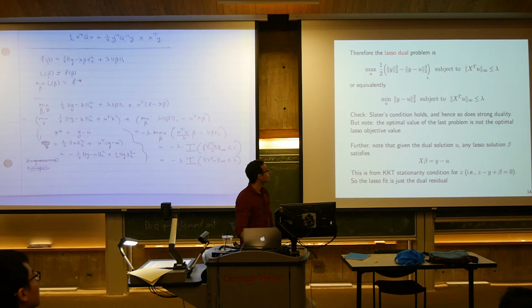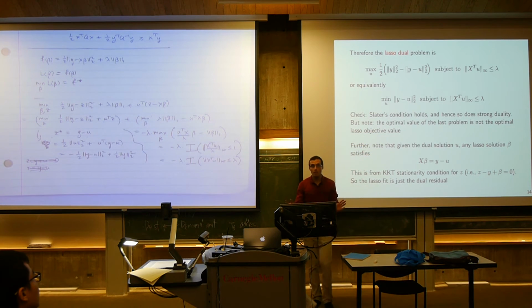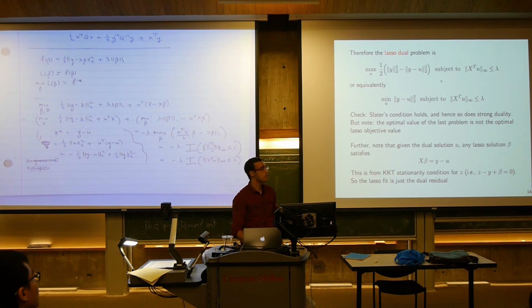If you actually took your dual and you modified it so it was more familiar to you, and then you checked the duality gap, if you looked at the difference between the optimal criterion value of the primal and this, that's not the relationship you're looking for, right? You're looking for this when you're actually computing the duality gap. Although, of course, this is equivalent to that problem in terms of the solution. Okay, that was what I said here. But note, the optimal value of this last problem is not the same as the optimal value of the lasso problem. And the final thing, which is important to note, is that given a dual solution, any lasso solution, beta